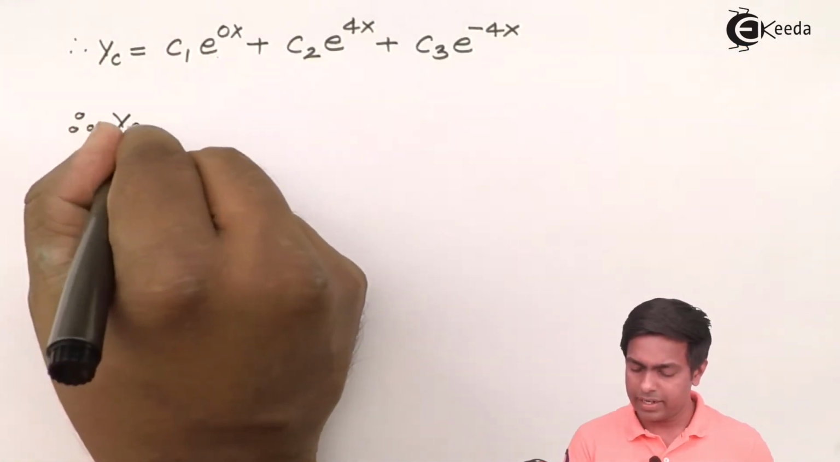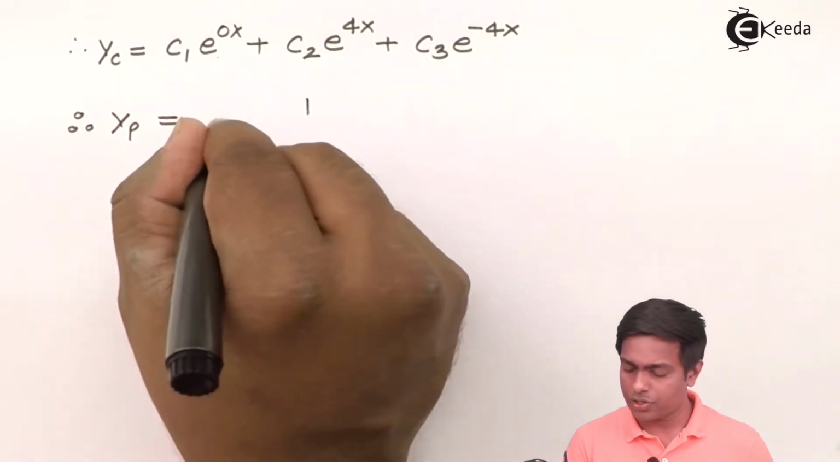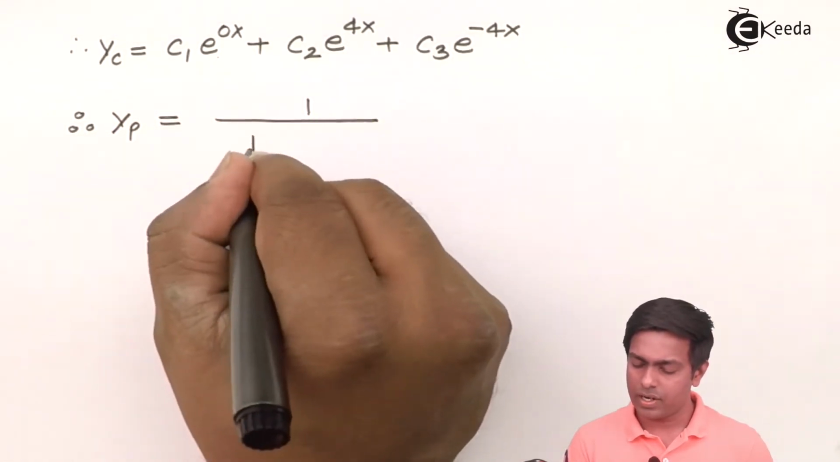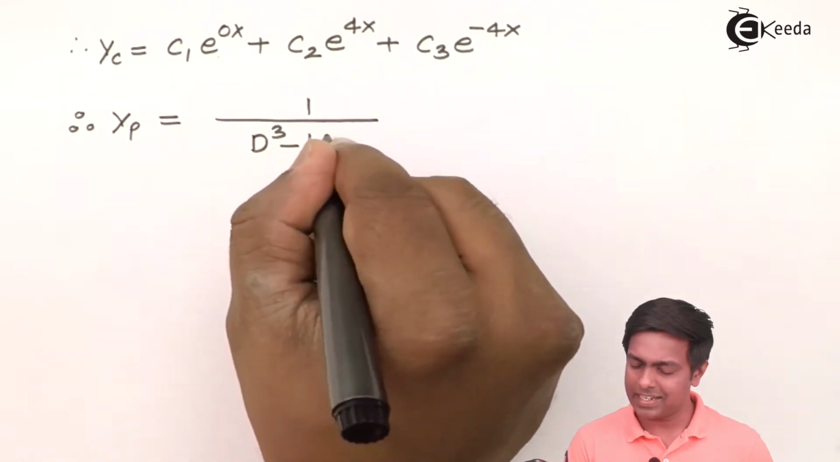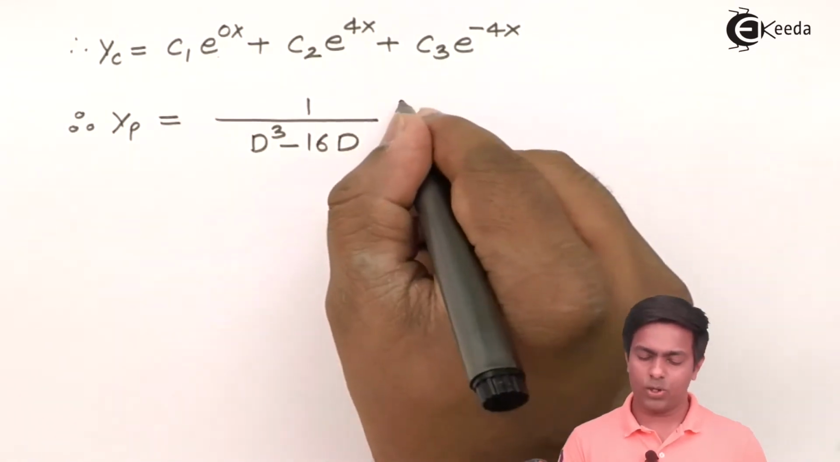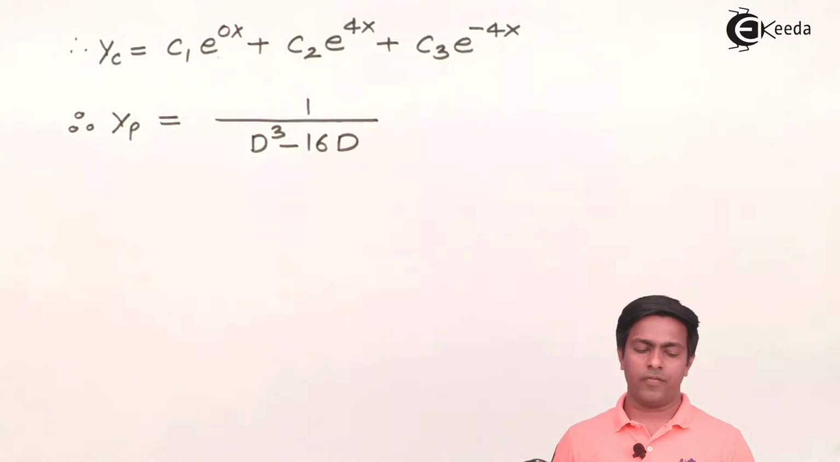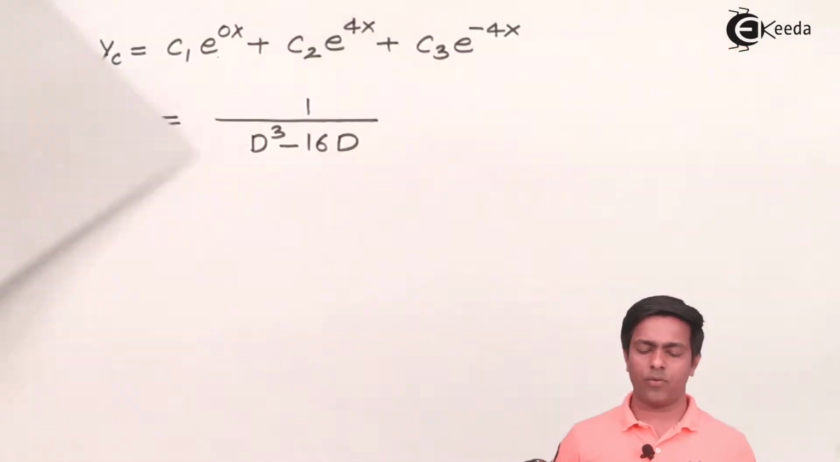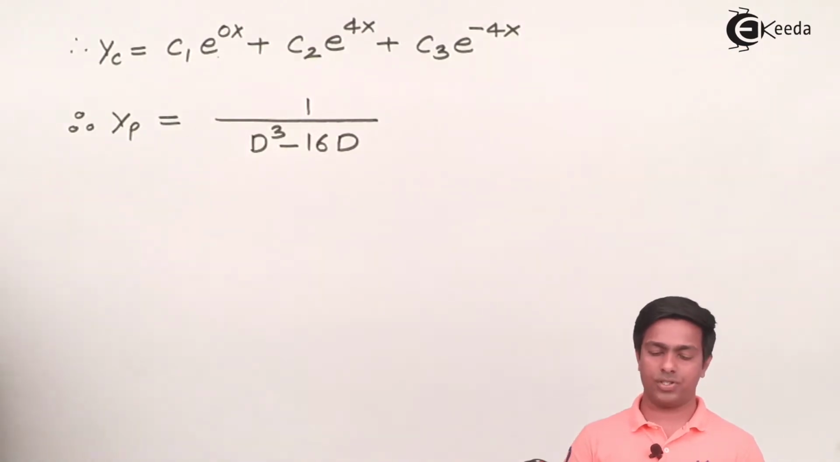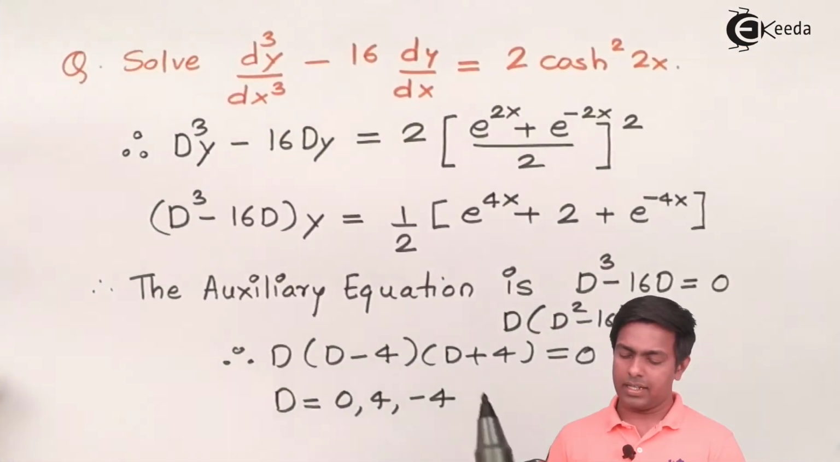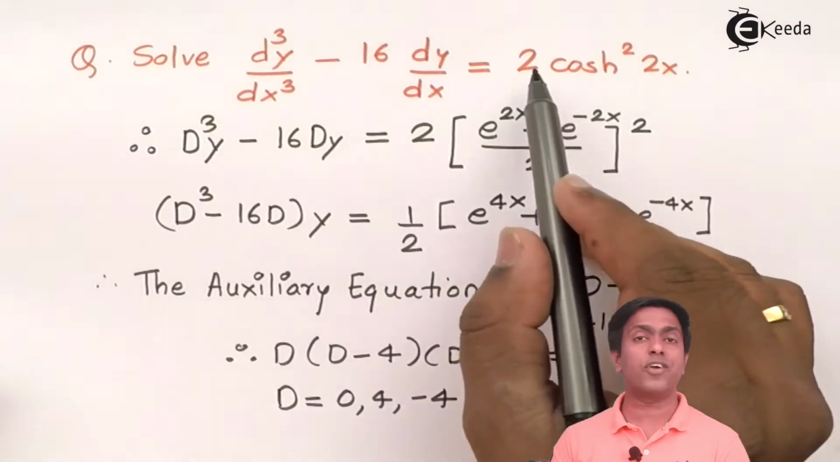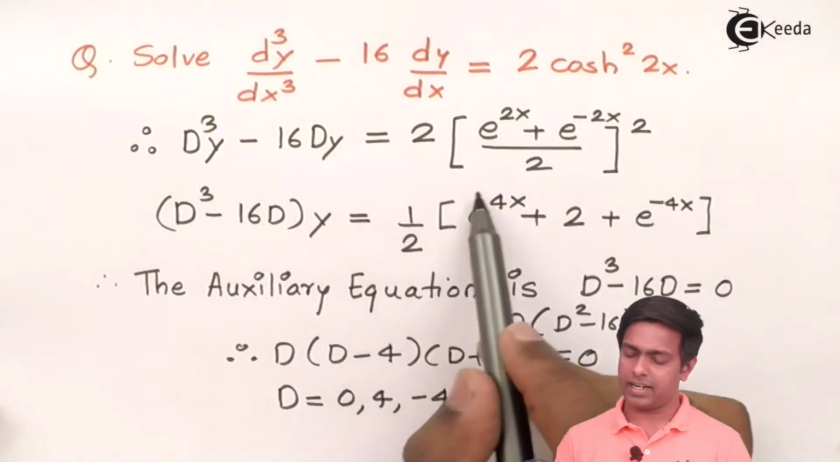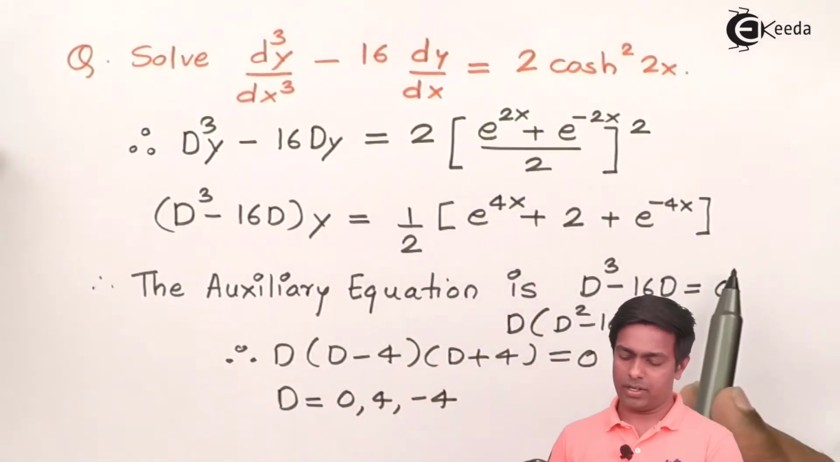the particular integral is 1 upon function of d. Now function of d is d cube minus 16d into the right hand side. So this is nothing but the right hand side. Let's see what is the right hand side of our question. Guys, this is the right hand side, but since we have simplified it like this, I'll write this function over there. So that will become,